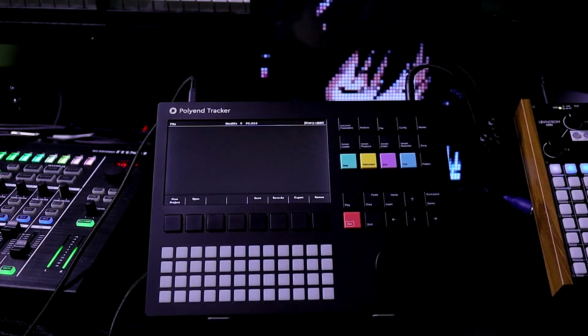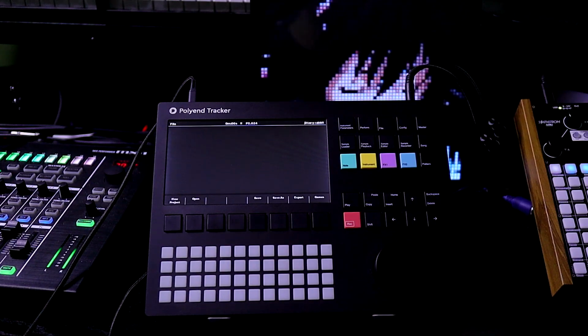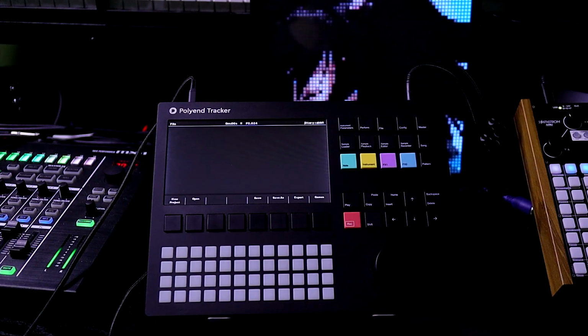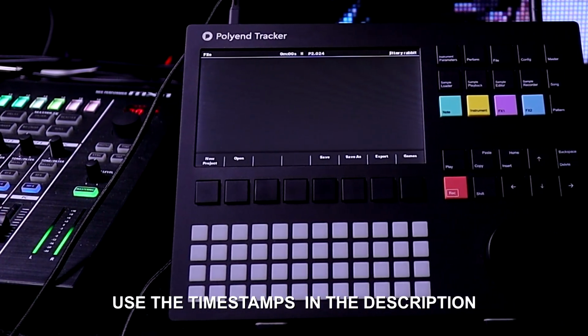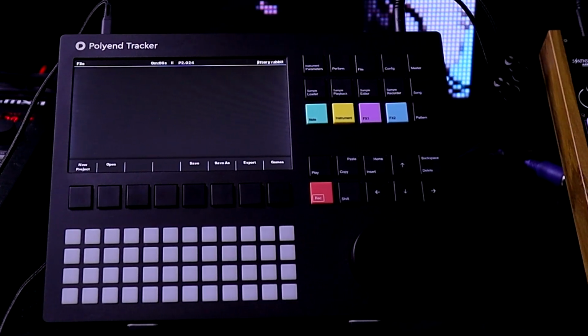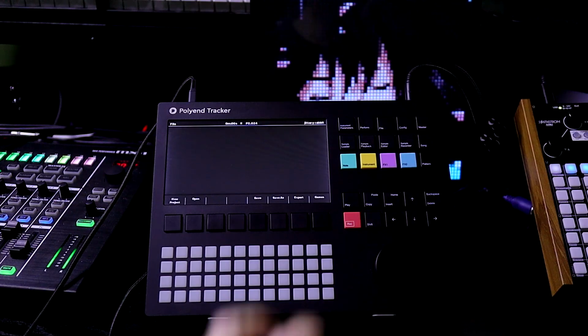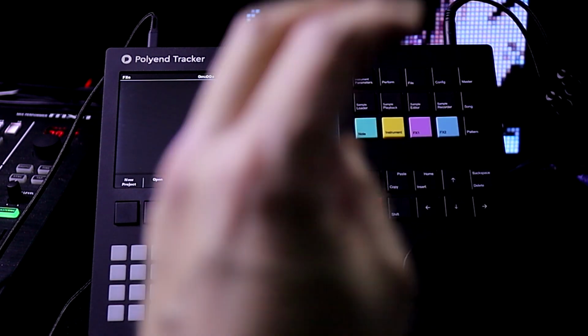So in this video, we're going to check out episode 5 of the sequencer basics of the Polyend Tracker. Make sure to watch the previous episodes since we're building up from the first. It is recommended to watch this video until it all sinks in. Even if you take out 5 minutes a day, you'll start to see some results. We're going to keep things as simple as possible, so just like last episode, we're going to have just 3